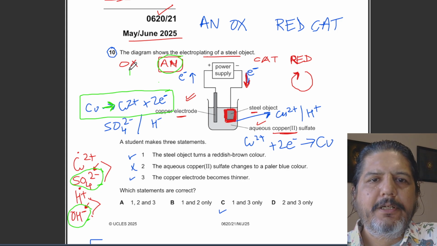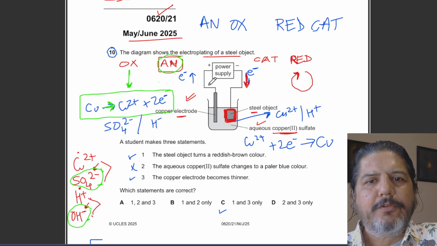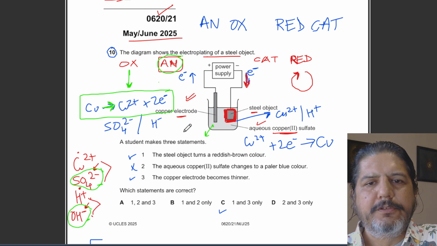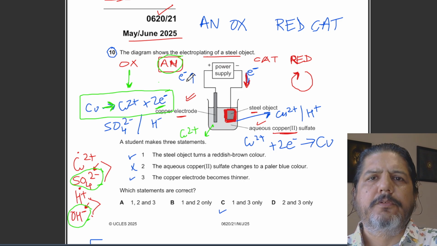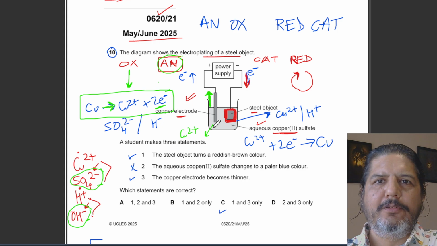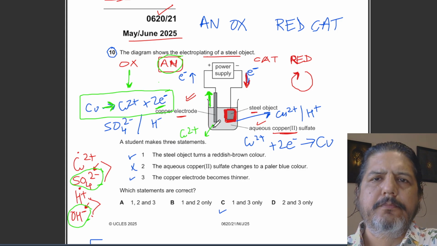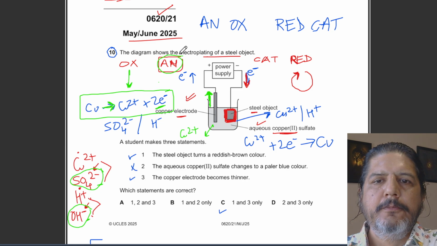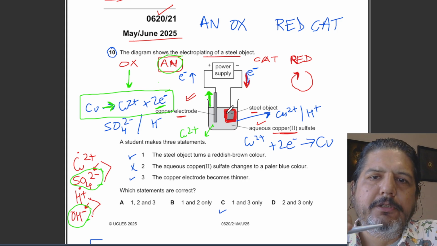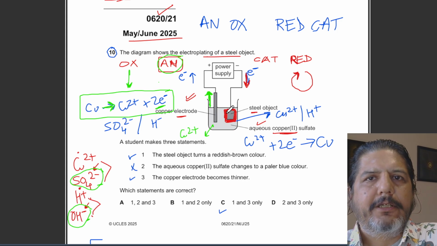So oxidation is taking place. Oxidation is loss of electrons. So this is what happens. Cu2+ enters here. You will see Cu2+ here. And these two electrons, just to visualize, you can imagine going up like this. So Cu2+ will enter the electrolyte and two electrons will rise up. Then these Cu2+ will rush towards the negative terminal at the cathode.